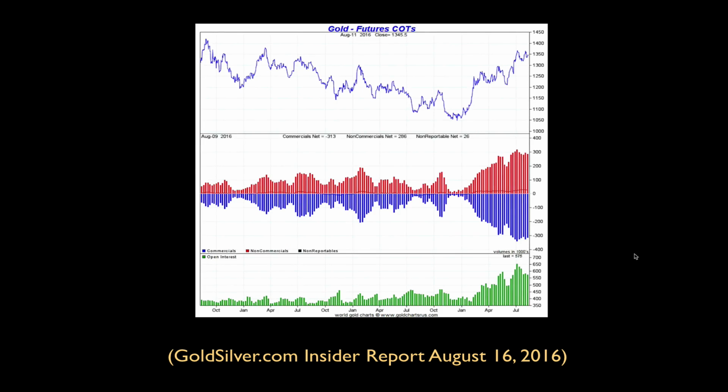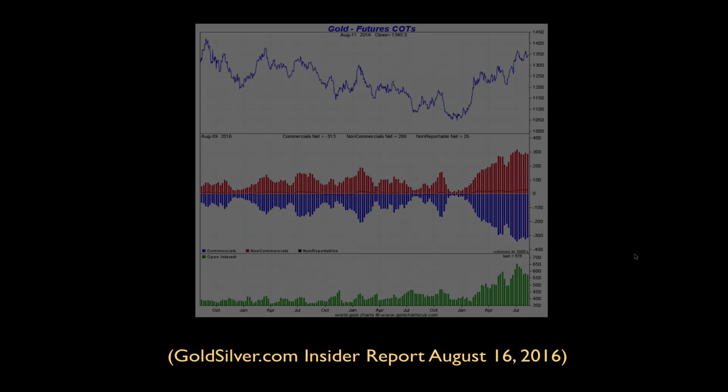Hi, this is Mike Maloney with the Insiders Report for Tuesday, August 16th, 2016. And I guess lately I should be calling these Commitment of Traders reports because that's what I've been focusing on. And the big reason is because they have a history of almost always being right. And right now they are heavily short gold and silver. One of the things I wanted to point out in this...